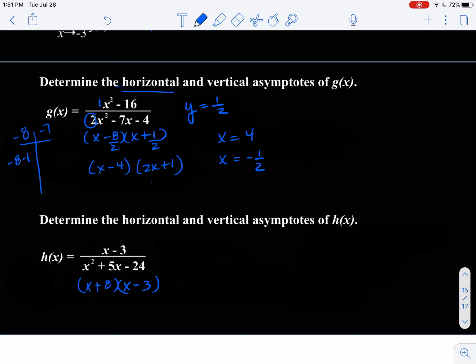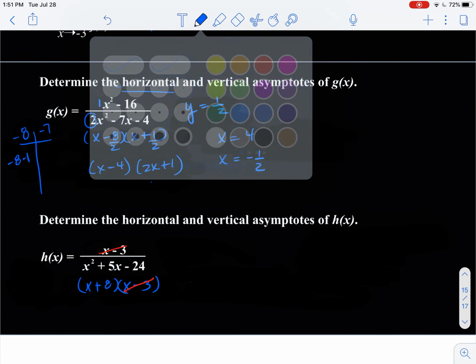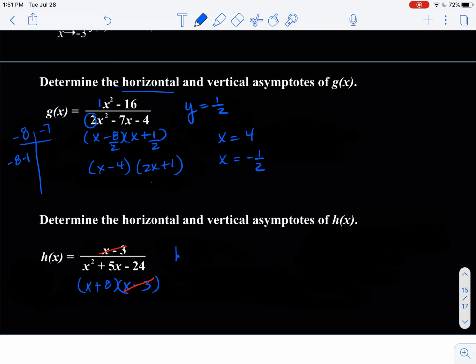All right, one last problem. Factor the denominator. Two numbers that multiply to get -24 and add to get 5 would be 8 and -3. My common factor, x minus 3, will cancel. And so this is just h of x is equal to 1 over x plus 8. This is just our parent function shifted to the left 8. And so I have a